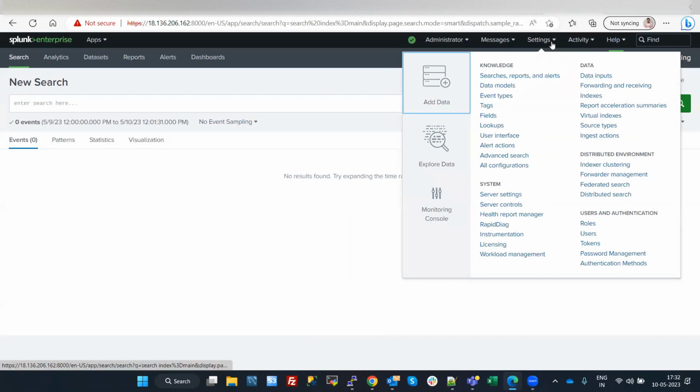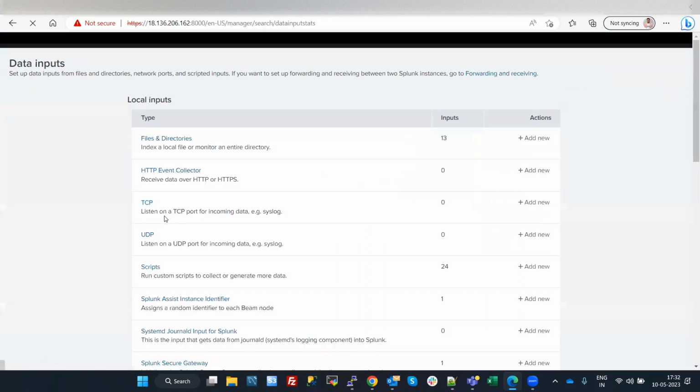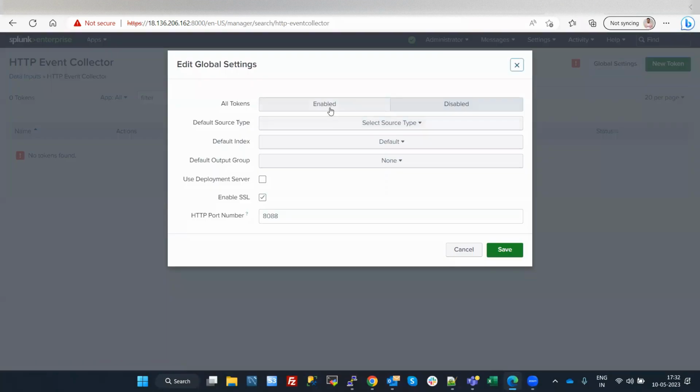So to configure it, you need to go to settings and then data inputs. So inside data inputs, you'll see lots of ways of getting data in Splunk. So one of them is HTTP event collector. So let's go inside that. And if you see the warning here, it says all the tokens are currently disabled. So they can be enabled in the global settings. Okay, let's go there, enable them,